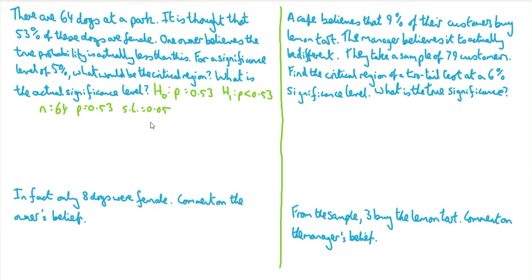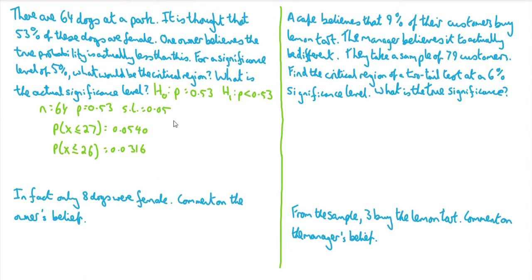If you do this, you should find that the probability of X being less than or equal to 27 is 0.0540. Now, this is very close, however it is still greater than the significance level, so we're going to have to drop our X value another value to get to P being less than or equal to 26, since this would give you